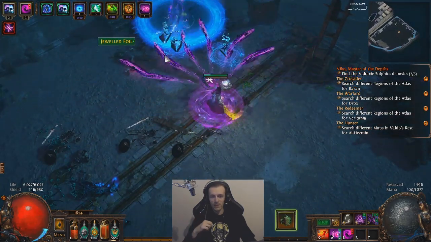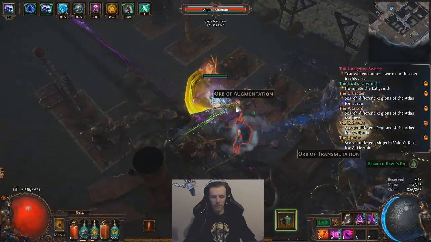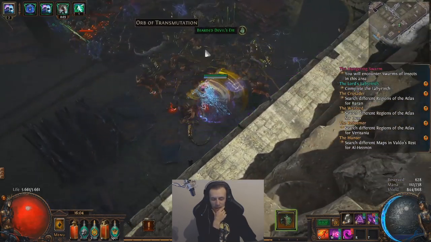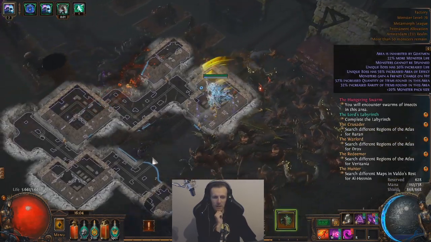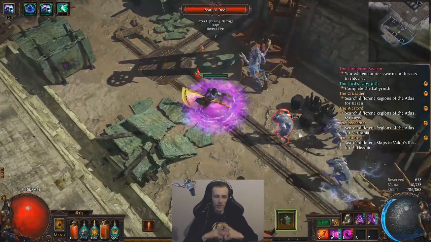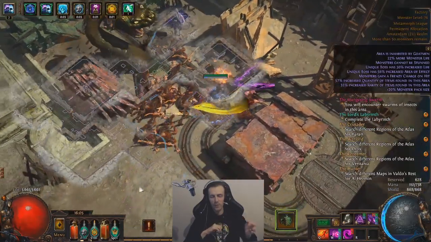At first I was using Eldritch Battery because Soulrend costs a lot of mana and Eldritch Battery fixed all of the issues, but now I refunded it because in tier 11 maps I noticed that I just don't have enough damage. And another issue is, usually even on my first build, to finish it I would just buy a tier 16